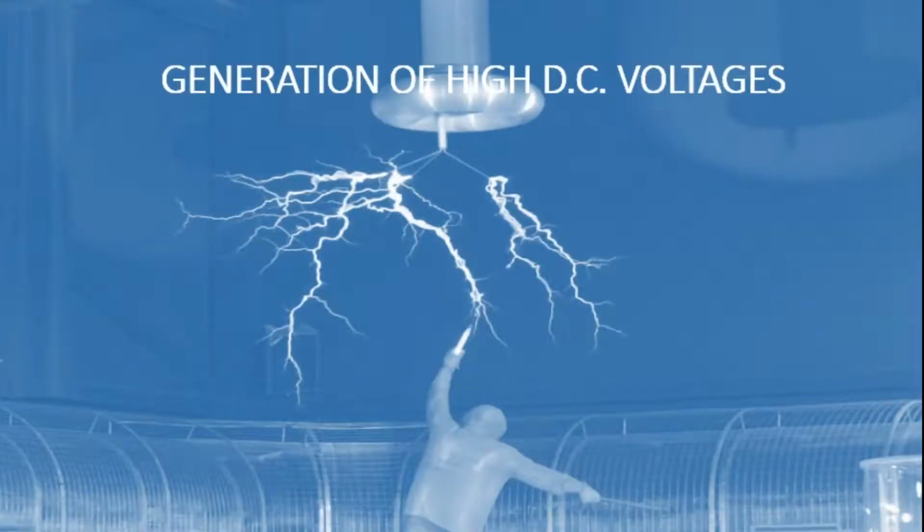Let's discuss step by step. First, generation of high DC voltages. High DC voltages are required in research work in the areas of pure and applied physics. Sometimes high DC voltages are needed in insulation testing of cables and capacitors. Impulse generator charging units also require high DC voltage of around 100 to 200 kV. Normally, for generation of DC voltages of up to 100 kV,